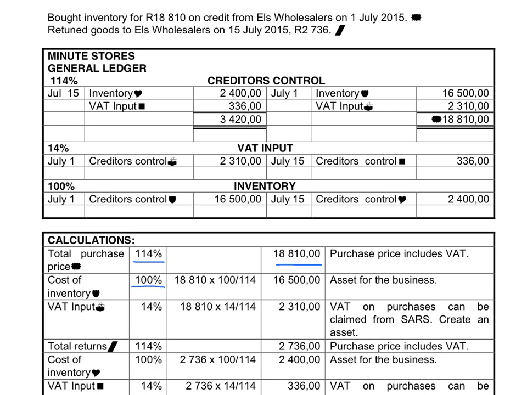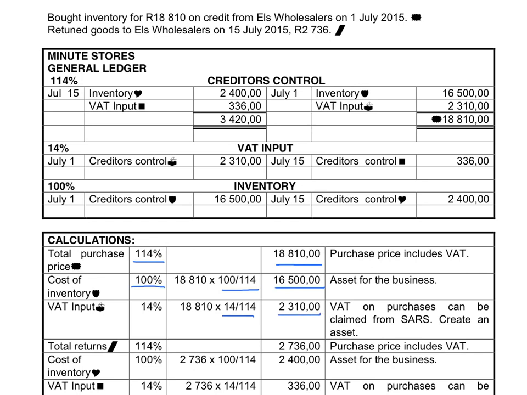And if we want to calculate the figure, we take the 18,810, multiply with the one that we want, the 100, divide by the 114 that was given to us. So that means that the inventory cost price is 16,500. The VAT is 14 over 114, and that will give me